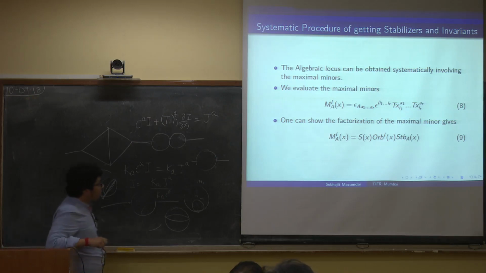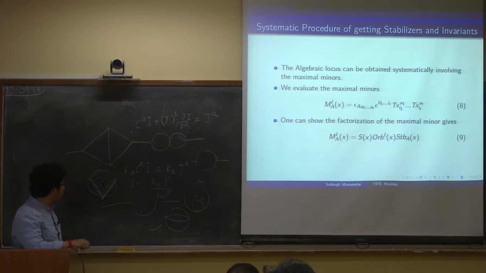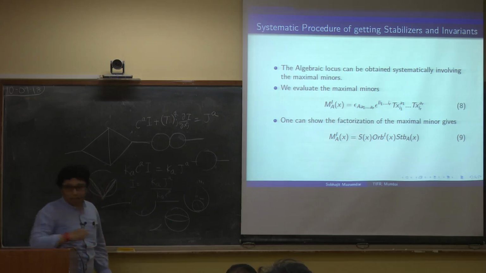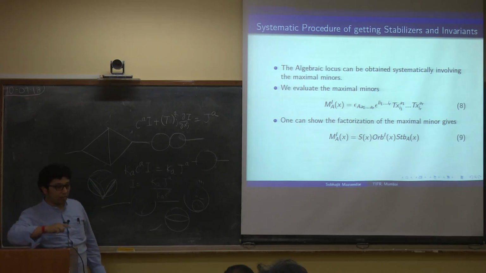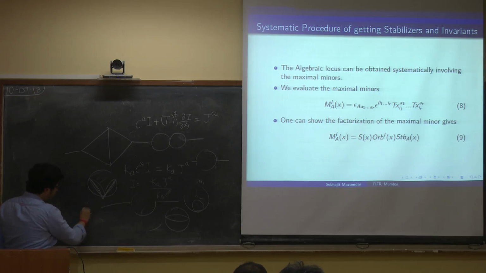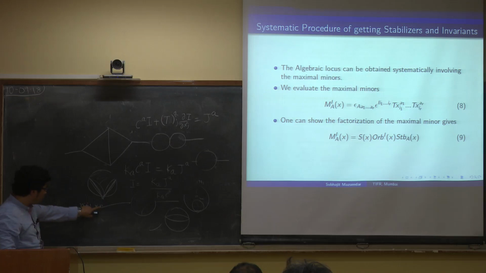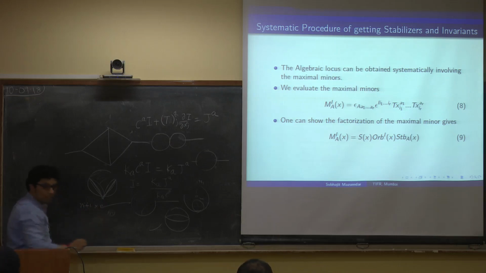So let me tell you how you can get that. For example, to get this left null vector, one can do the maximal minors of that T in linear algebra, you know? Suppose the matrix is of size n plus 1 cross n, so the maximal possible rank is n. There will be a linear relation between these, so you can find a vector L_A which can